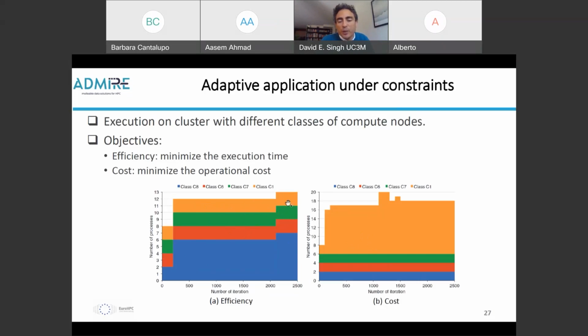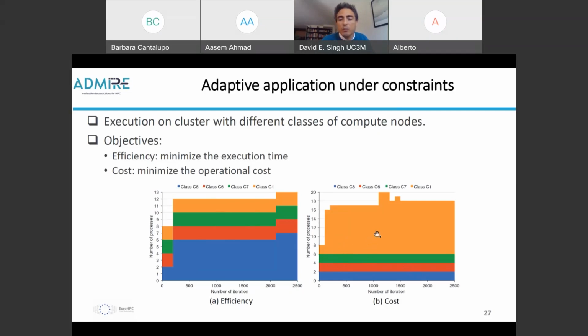So there is a trade-off, because at the end what you pay is the duration, the execution time, multiplied by the cost. So there is an optimization problem that is implemented,